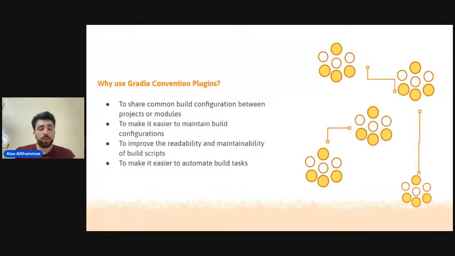This also improves the readability and maintainability of the build scripts because all the developers will have one place where they can see all the build configurations. They update it in one place, and that update will be reflected across all the modules, which of course makes it easier for us to automate the build tasks for that project.